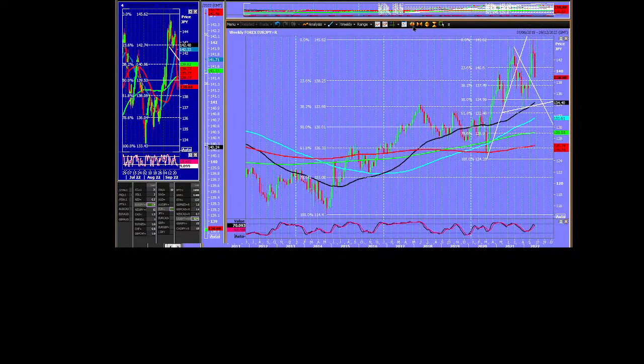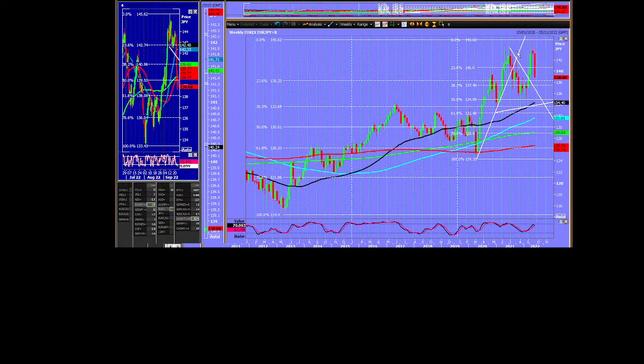This is a mess, actually. I've not been able to make much sense of the euro yen for quite a while, and I will admit to you that I can't make much sense of it now. Let's have a look. There's no real pattern here. It's fib lines only for me. There's no real pattern. There's no real trend lines.